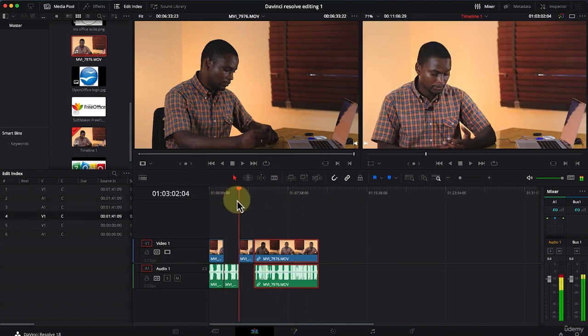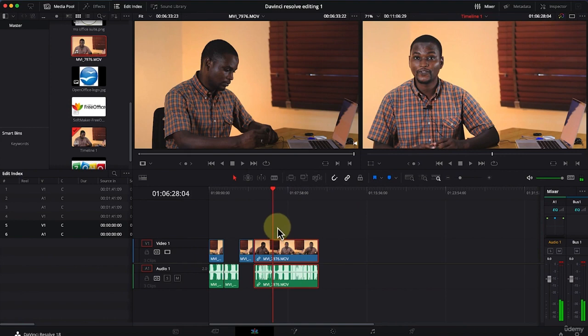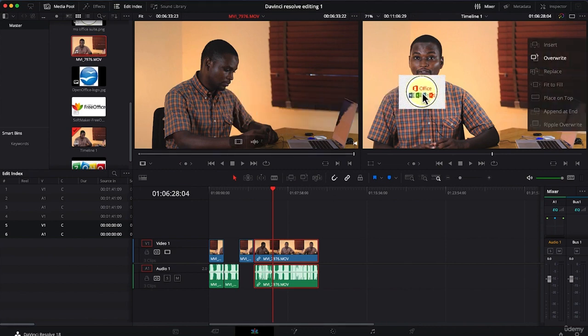Over here I can just navigate around and identify my in point and my out point and use the other editing features and edit it accordingly. One more thing I would like to highlight is you can select a given portion. Once you finish selecting the portion of the clip that you want to import, the third method of importing is you can drag that section into this very preview panel, and you will have the option to insert